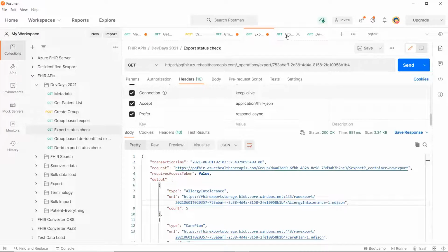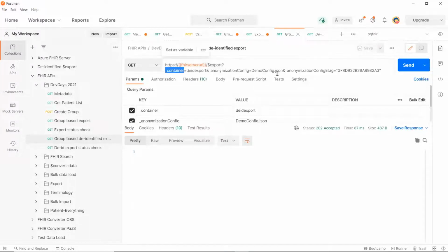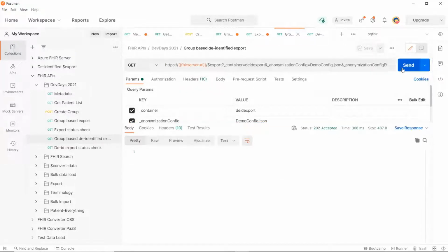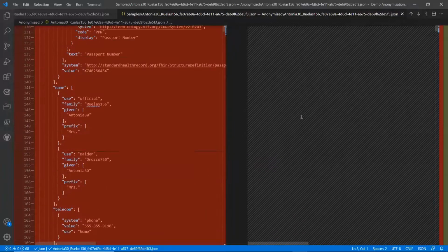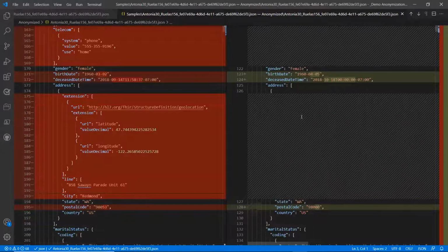I mentioned de-identified export earlier. In order to do de-identified export on Azure API for FHIR, you use anonymization config parameter that points to a configuration file on Azure storage. This works exactly like export, with the difference that your data is de-identified when it is written on Azure storage. Here's a sample comparison between raw and de-identified data. You can see that based on the configuration, dates are shifted, lat long and city fields are removed, and the